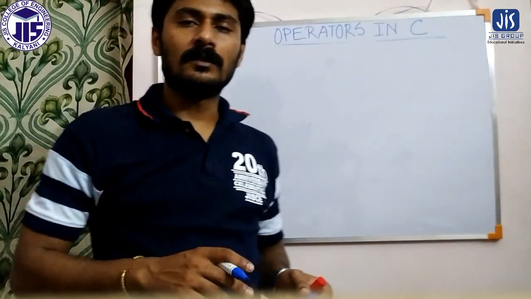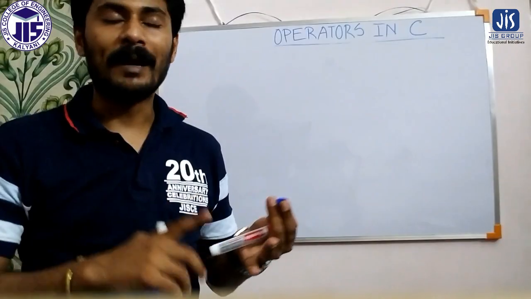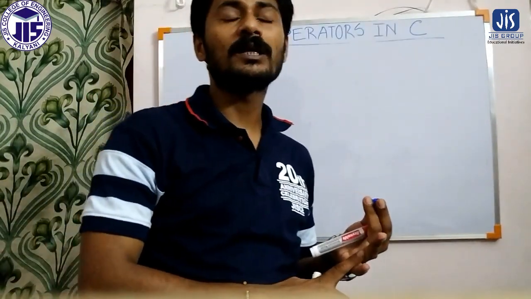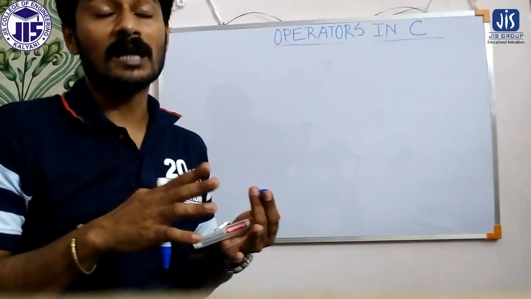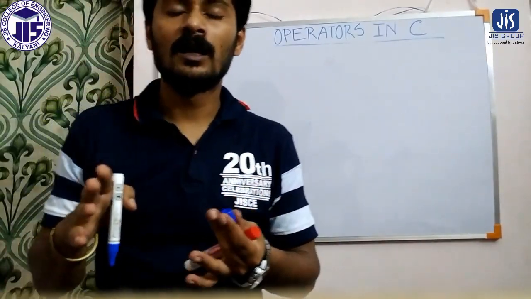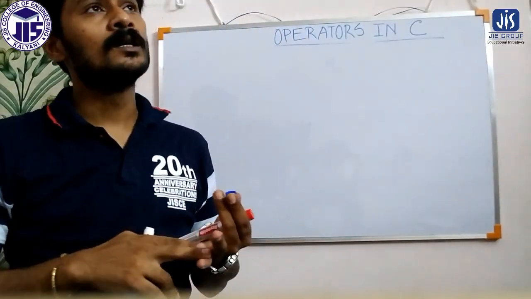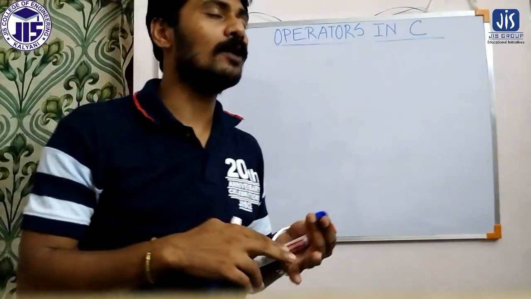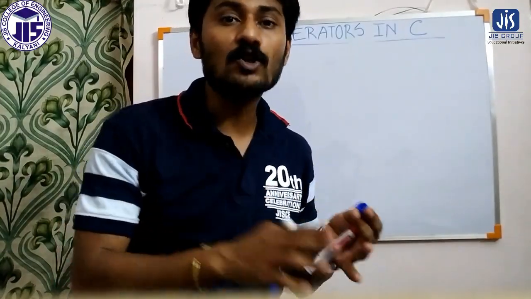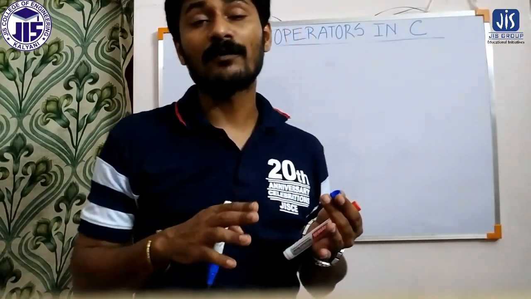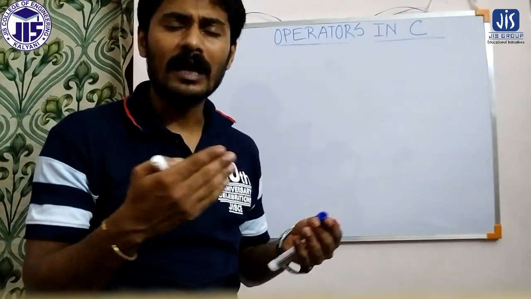We have already discussed different operators like the arithmetic operator, using which we can perform arithmetic operations. We have discussed the relational operator, using which we can establish or verify the relation between two variables. We have discussed the assignment operator, using which we can assign a value to a particular variable, as well as different types of bitwise operators, using which we can perform different bitwise operations like AND, OR, XOR, NOT, etc.